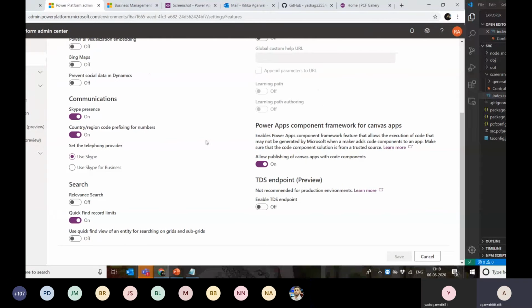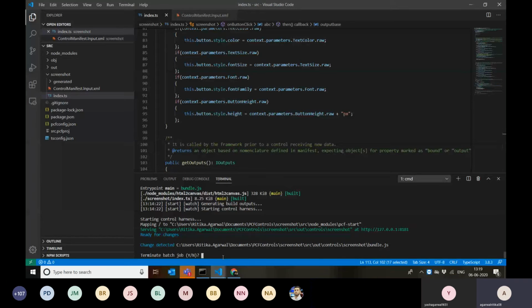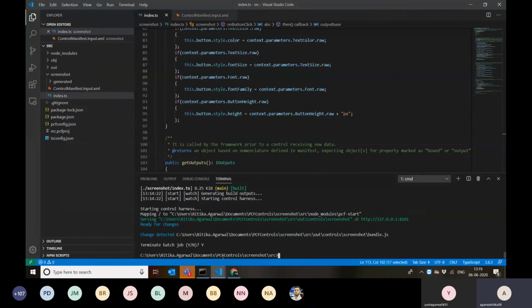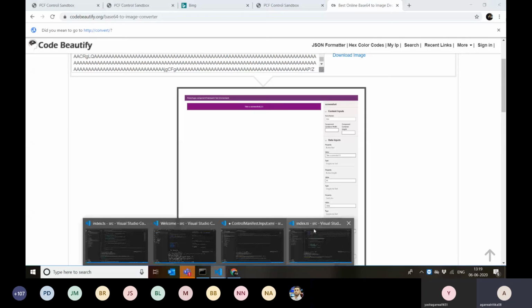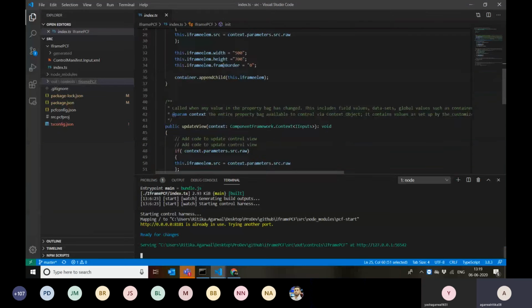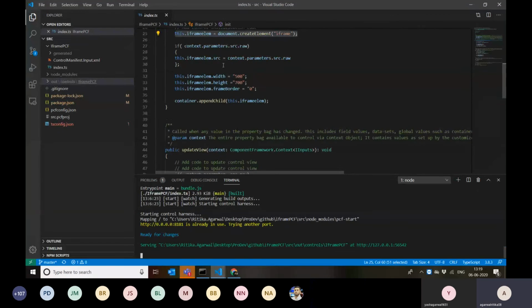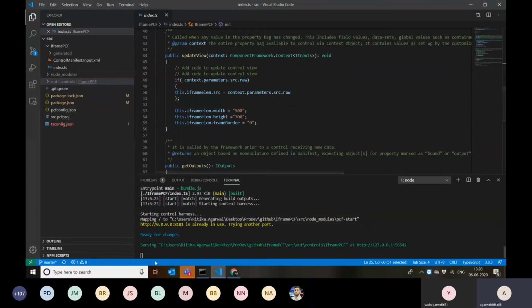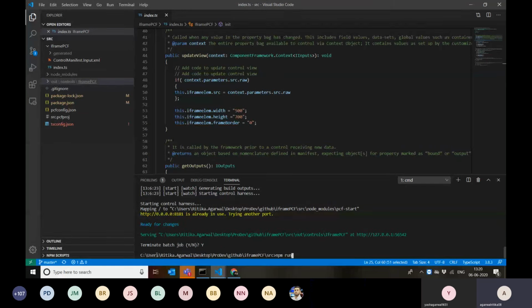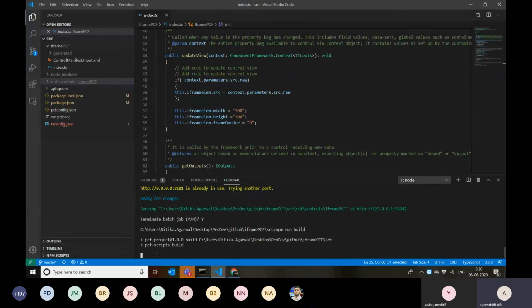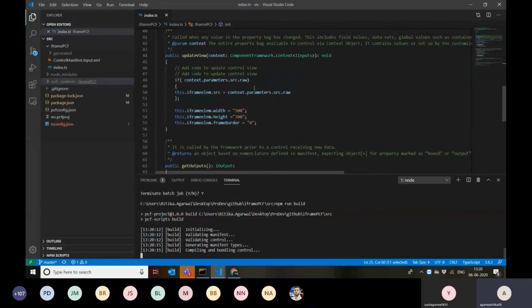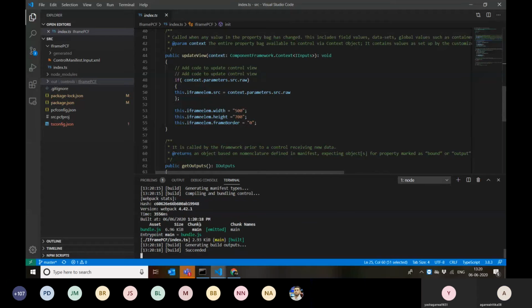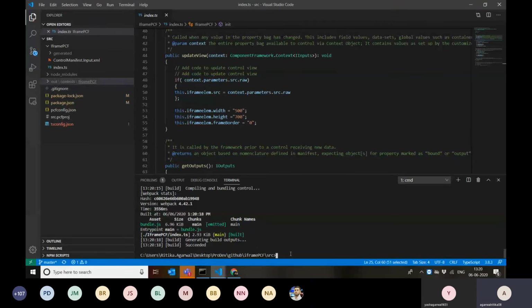One last piece is how we are going to push any of the PCFs to the environment. So let's see that. We just exported this iframe component here, the one we just cloned from the GitHub repository. So let's do this. Now I'll build this again just to check we are pushing the correct configuration, and if I have made any changes during this demo, we'll get to know about it. Okay, so my build is successful.